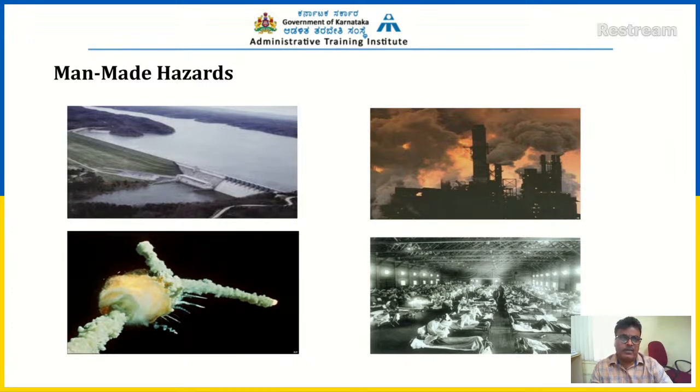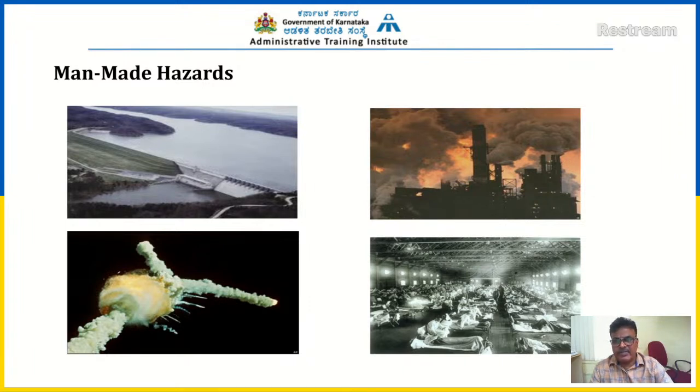We have another one here, chemical disasters. We can see a chemical industrial disaster. You could see the example of Visakhapatnam. That is a man-made disaster. Soon after COVID-19, they went there and opened the plant. Then gas leaked, a chemical leak into the air. Many people were falling on the road in that particular village. So that is basically a chemical disaster.